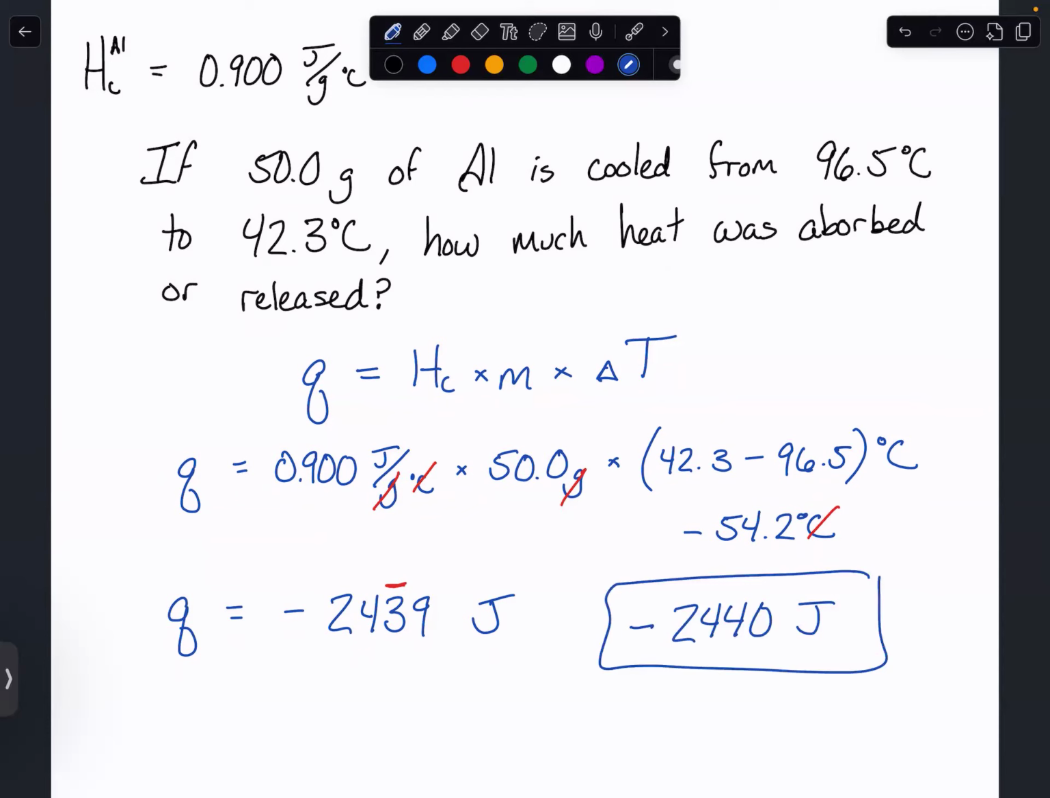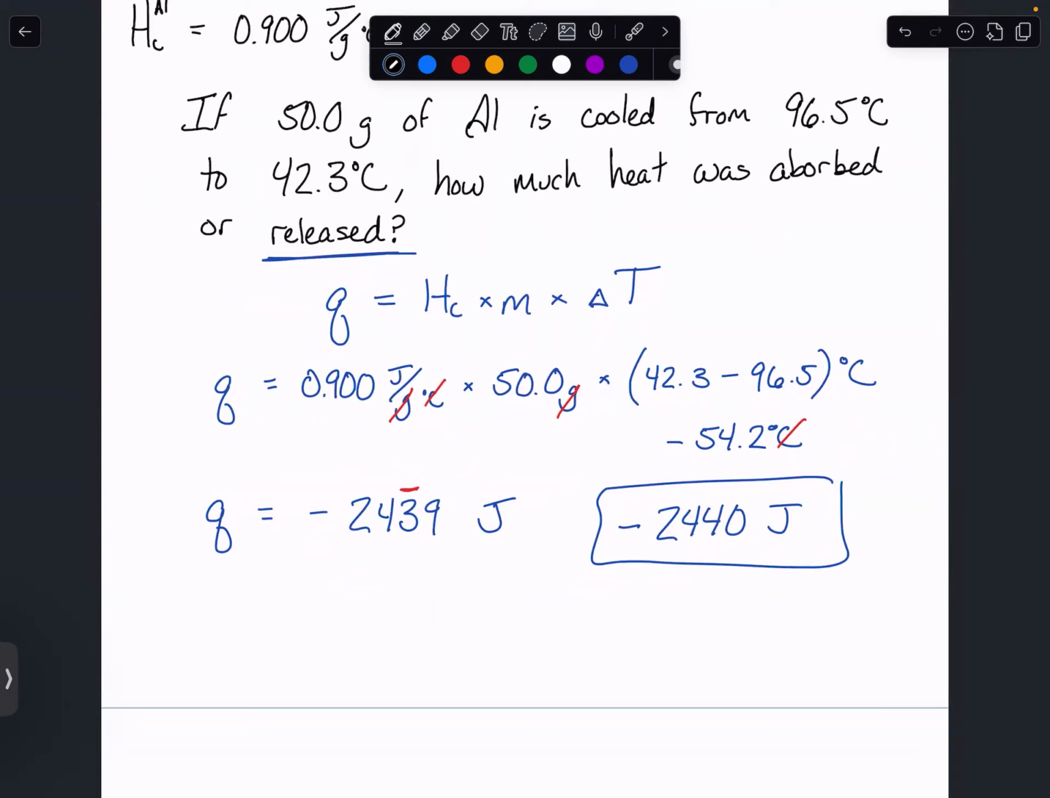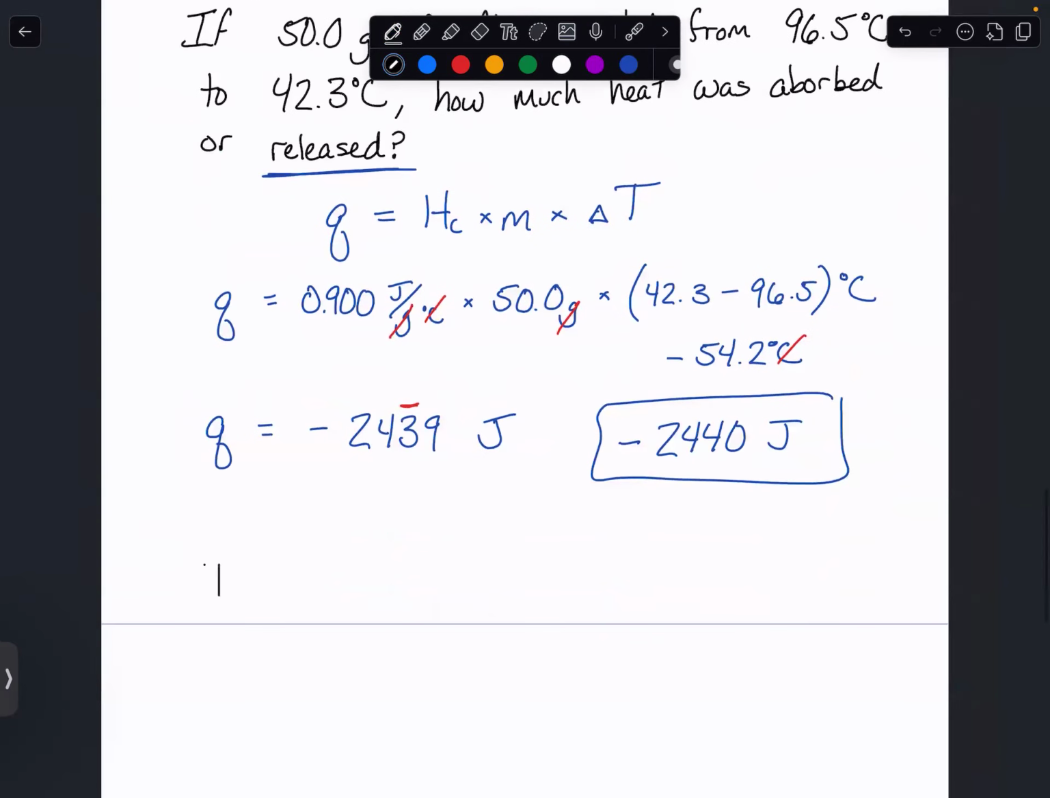And so was heat absorbed or released by this piece of aluminum here? Released, right? It went down in temperature. So heat was released. Okay, well, where did all that heat go? Well, let's say that when we cooled down this aluminum, we did so by placing it in a water bath. So if the aluminum is cooled in a water bath,